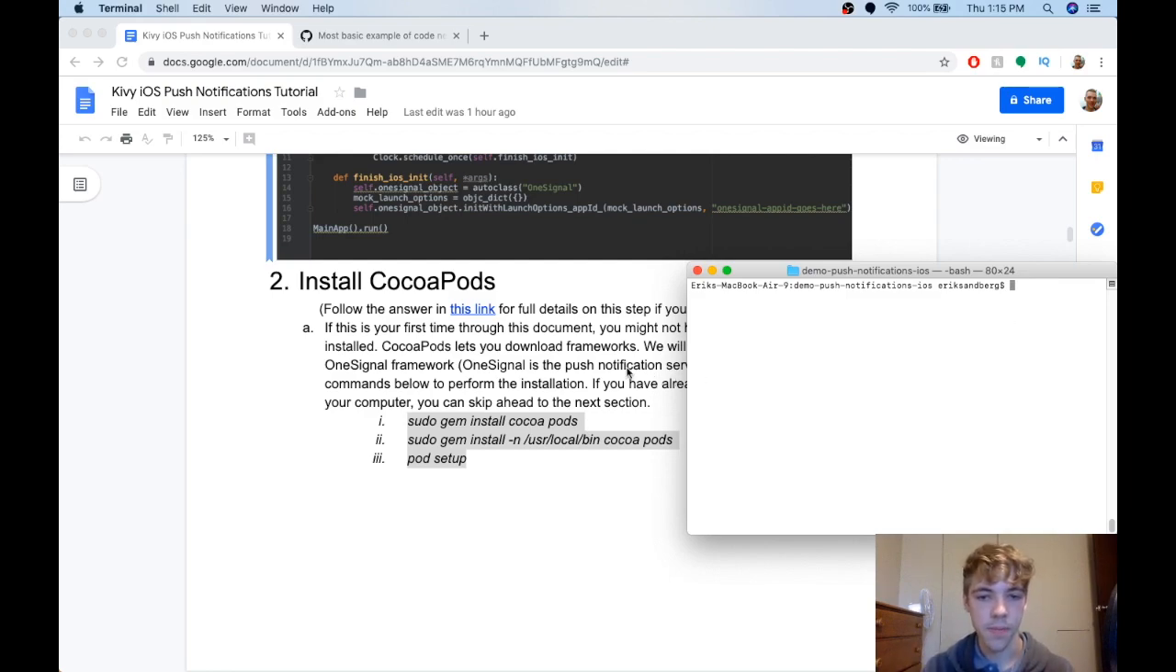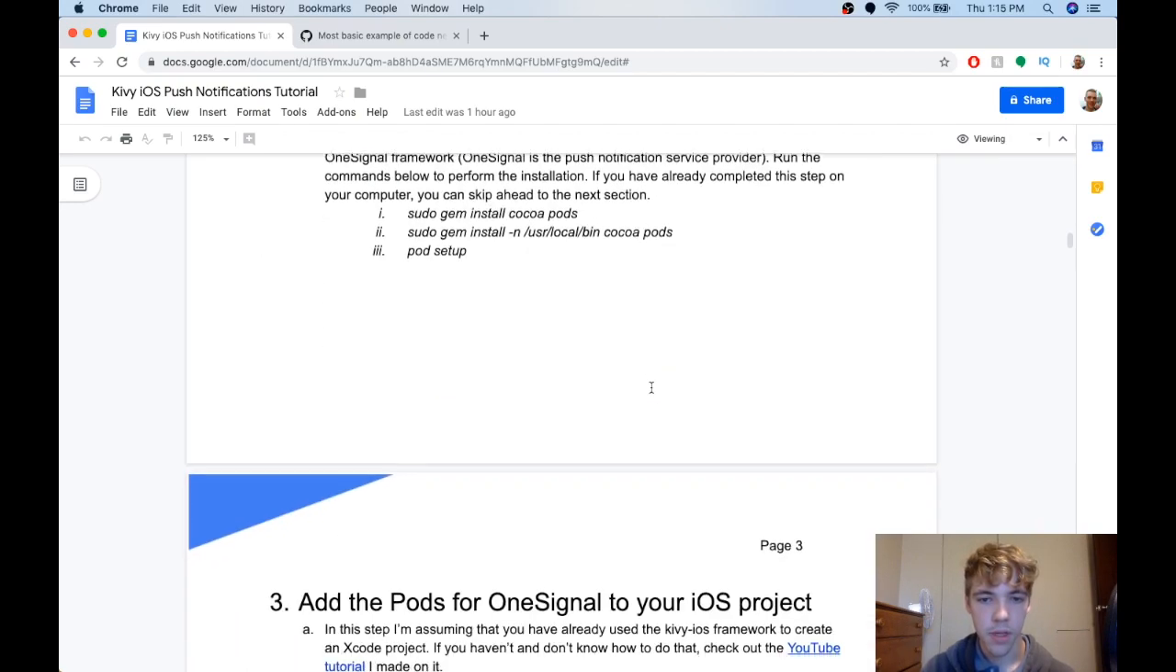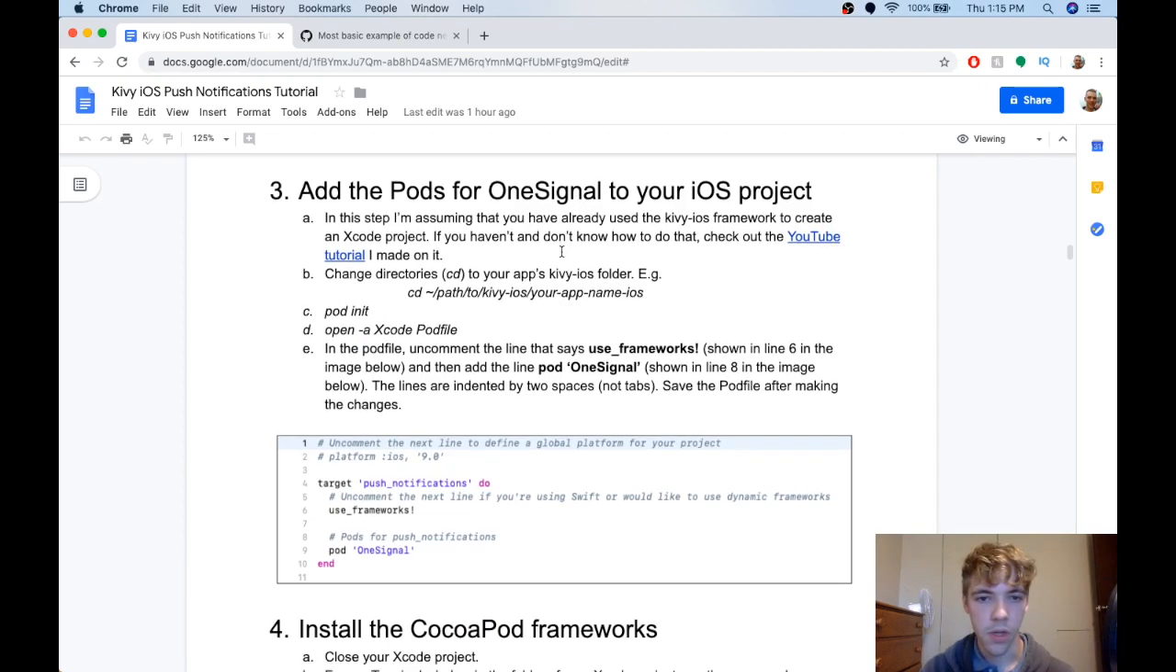It's pretty quick, and then when you're done, come back to the video. Okay, so assuming that you've got that finished, now we need to add the pods for OneSignal. OneSignal has its own CocoaPod, or pod, for your iOS project. So to do this,